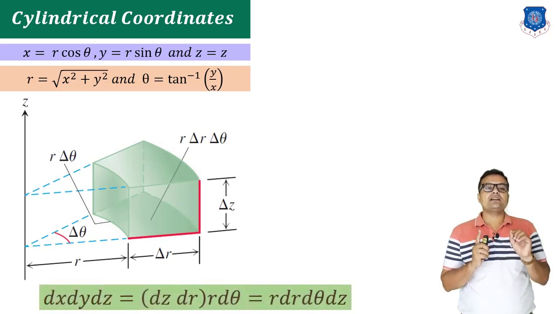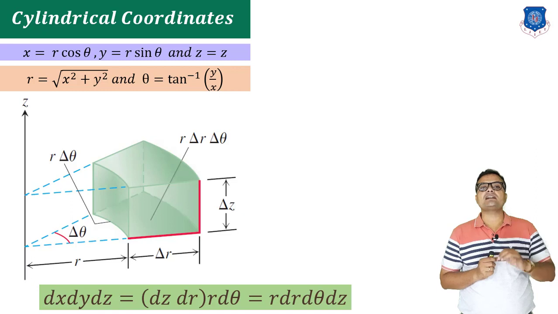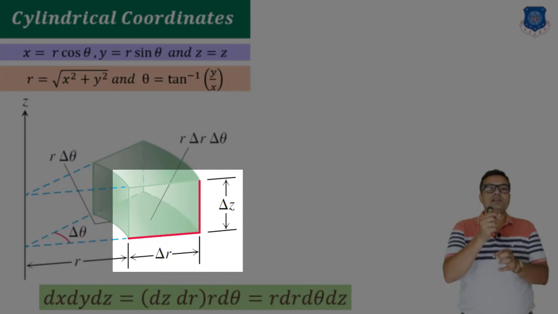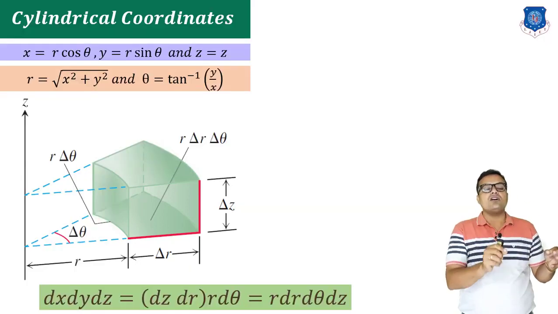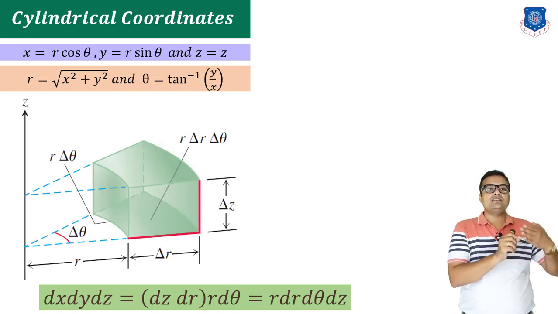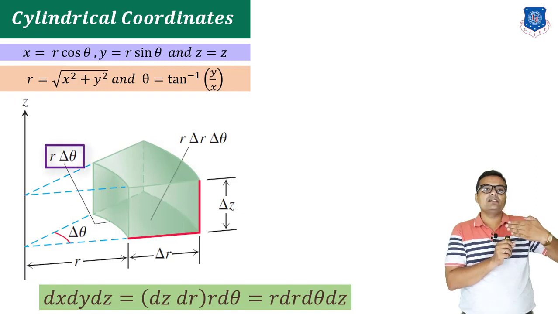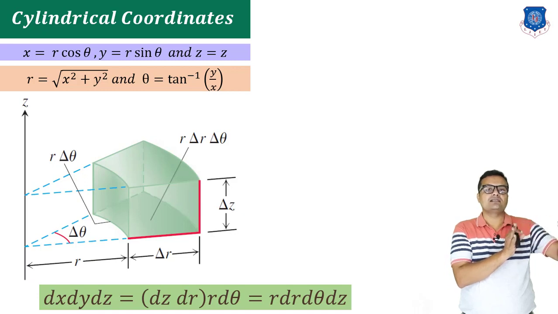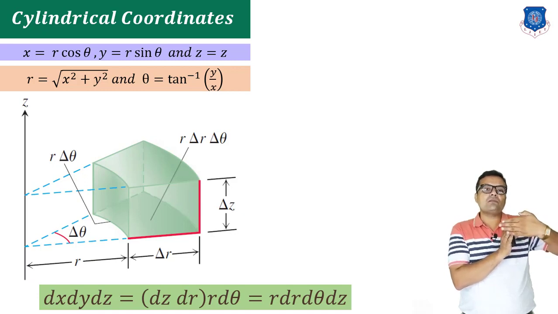So now if I take the order dx, dy, dz, correspondingly I will get dz into dr. That means first of all I am taking height dz, and multiplying it by dr. So it will give me a square, or a rectangle in particular, and then I am taking the angle r times d theta. This is nothing but the length of that arc. So I am considering a square and then I am moving that square along this arc r d theta.